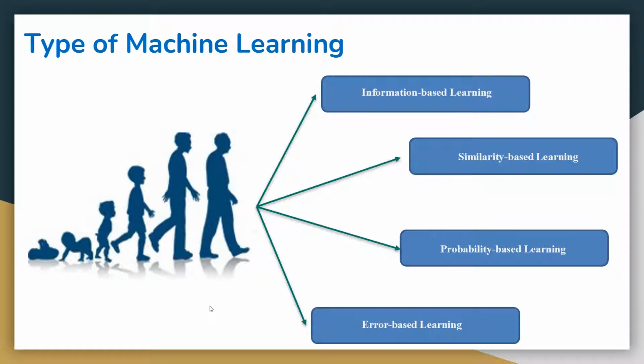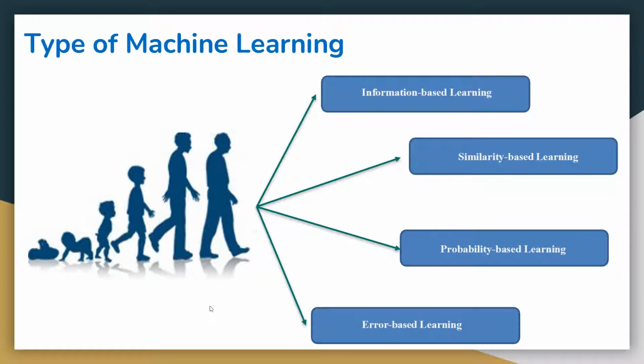So these are some ways that we as humans make decisions in our daily lives, especially those big investment decisions, or decisions that require a lot of thinking, a lot of effort, a die-or-live decision. In those decisions we really decide based on either information, similarity, probability, and